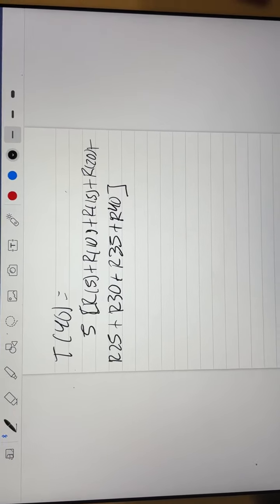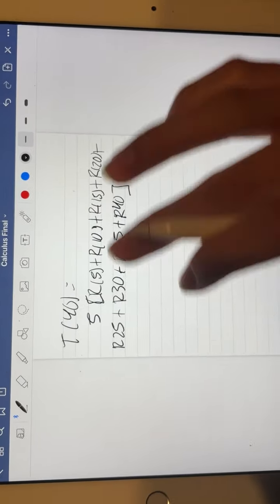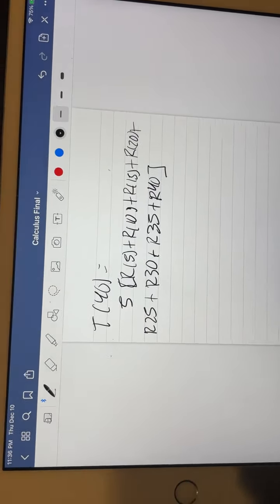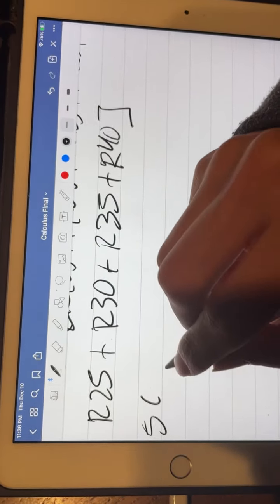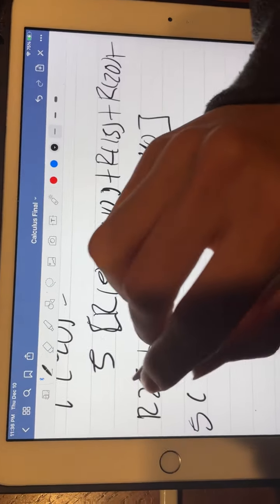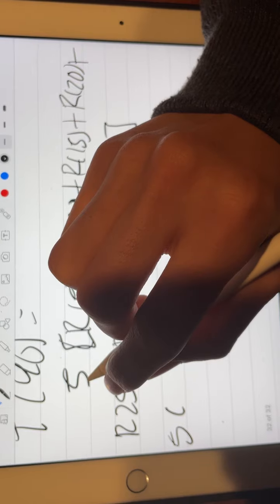Because all the widths are the same, I can just put the 5 outside, and now I just need to put all the height values. If you plug it all in, actually we have time, I'll write it down for you guys. So that'll be 5. Zoom in a little bit just to make it easier for myself. All right, so that'll be R5. So the first one will be 0.05. So that'll be, let's see here,